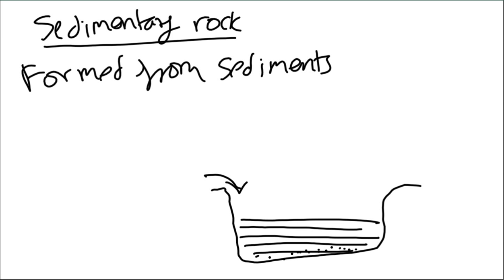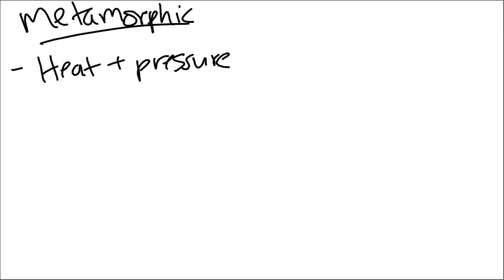The final rock type is metamorphic. So metamorphic rock, it's metamorphosed, it's changed. So you get from one type of rock to another. So this is due to heat and pressure, and this heat and pressure causes new crystals to form. So for example,